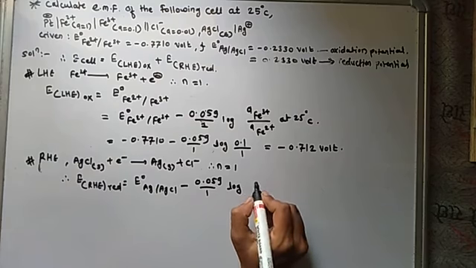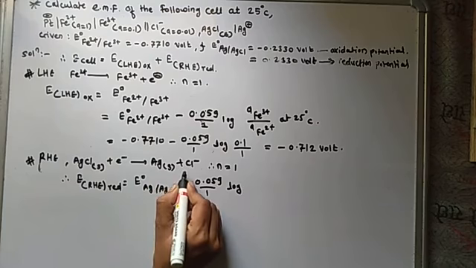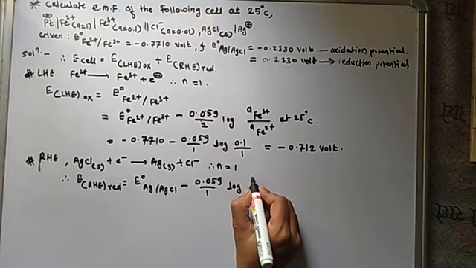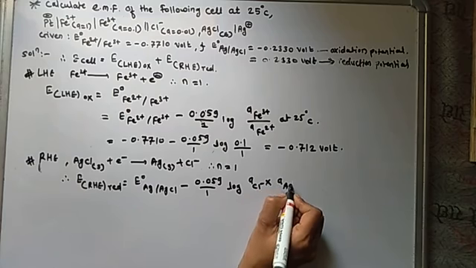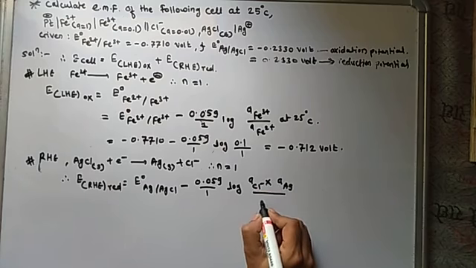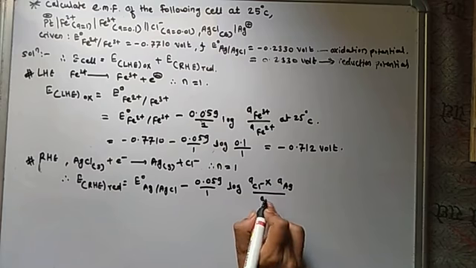What is the reductant? Ag plus Cl-, means activity of Cl- into activity of Ag divided by activity of AgCl